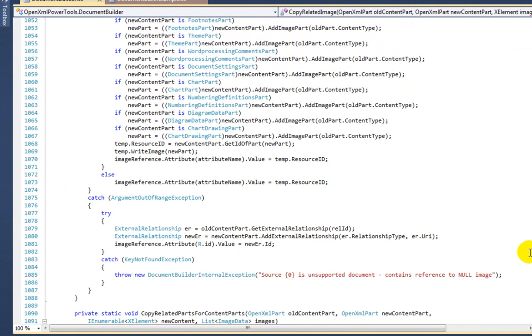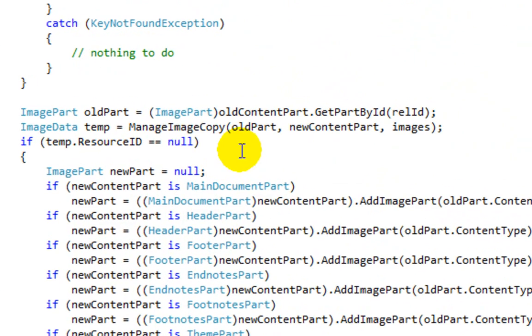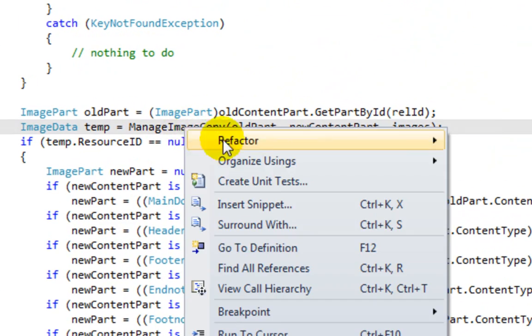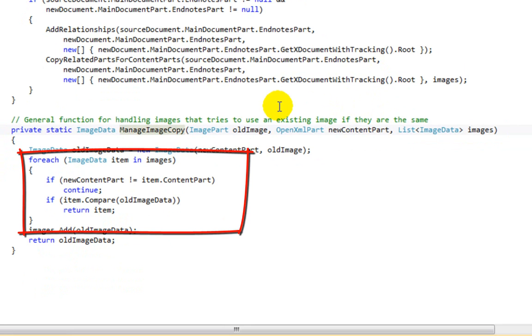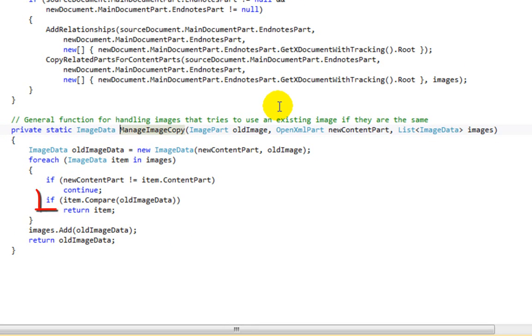Last point that I'm going to talk about in this screencast is this method, manage image copy. Let's go to the definition of that method. What manage image copy does is it takes as an argument the image part from the source document and it takes this list of image data. What it does is it iterates through all the images in the list of image data, and it calls this